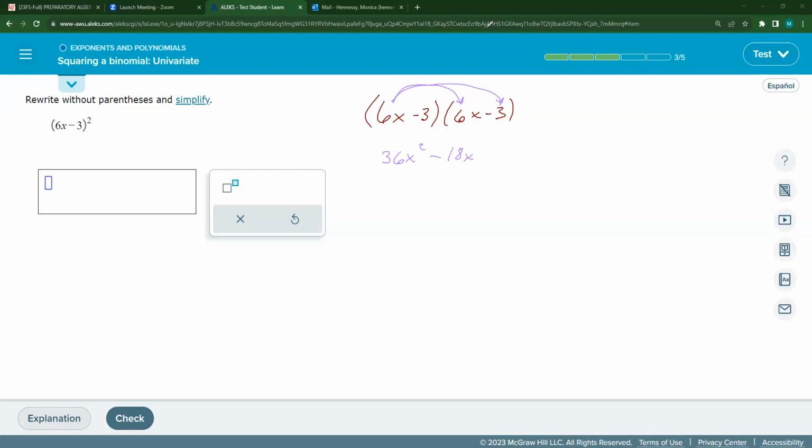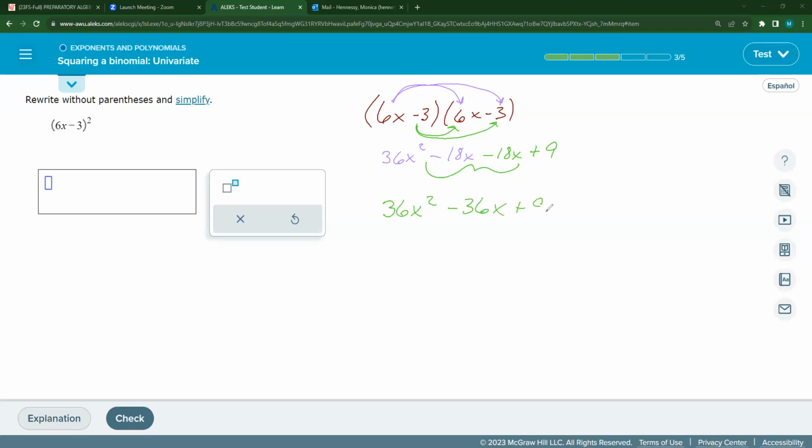And then I'm going to distribute the next one. I'm going to do this color. So a -3 times 6x, negative times a positive is negative. 3 times 6 is 18. And we have the x. And then a -3 times a -3, negative times a negative is positive. 3 times 3 is 9. These are my like terms that have to be added together. So I have 36x squared minus